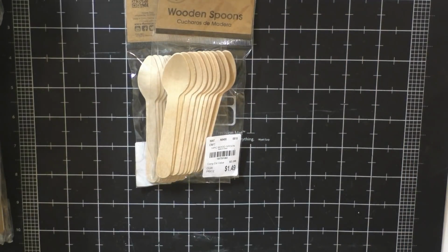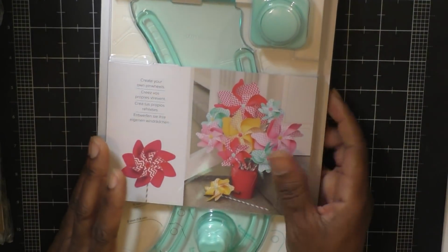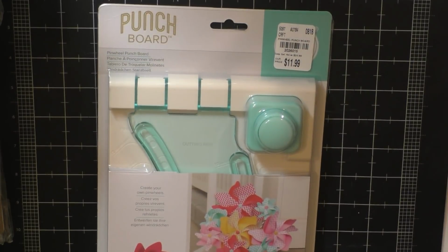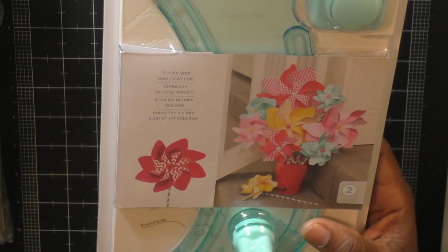Now this next item I've been eyeballing for a while, and I've seen it come in and out of the store quite a number of times, and it's the Pinwheel Punch Board. Well, I want to say it was probably $9.99 at some point, but of course $11.99 for me because I waited. But I love the pinwheels, and I went looking on